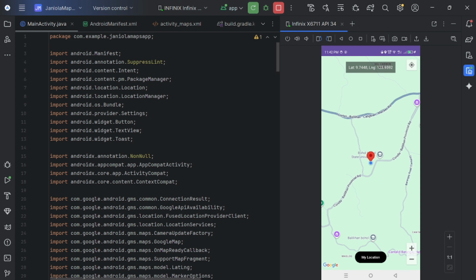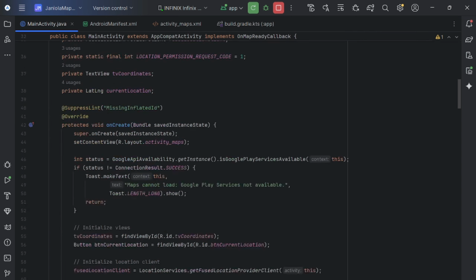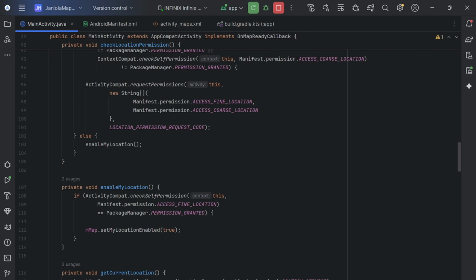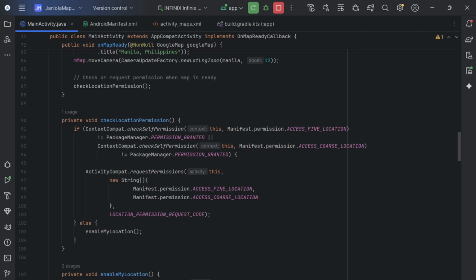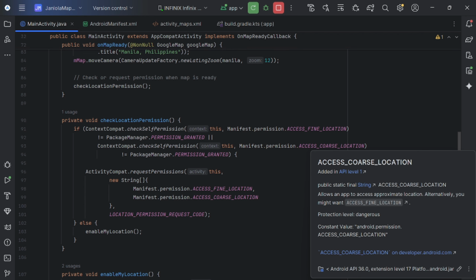Now, what is the difference between ACCESS_FINE_LOCATION and ACCESS_COARSE_LOCATION? ACCESS_FINE_LOCATION provides precise GPS-based location with high accuracy within a few meters, while ACCESS_COARSE_LOCATION gives approximate location using Wi-Fi or mobile networks within a few hundred meters.